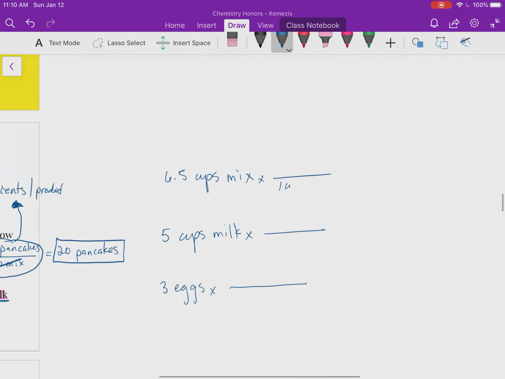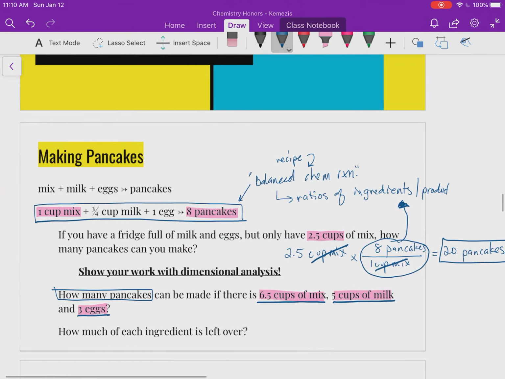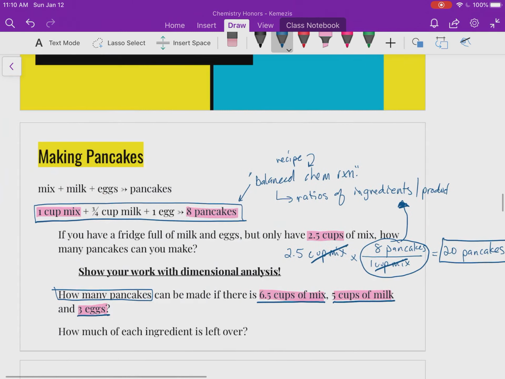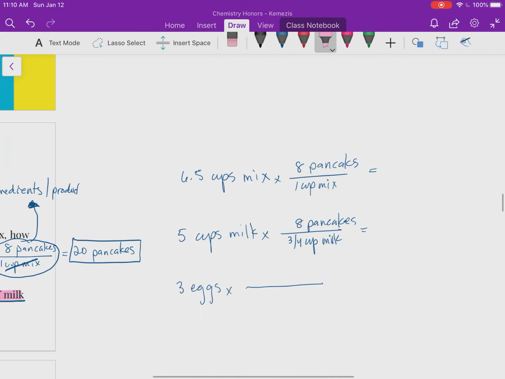Okay, so we know that for every 1 cup of mix, we can make 8 pancakes. And then it was 3/4 cup milk. We get 8 pancakes. All I'm doing is looking at the recipe and comparing the two. So before we had mix and milk and pancakes, now we have mix and milk. That's the one I just used. And then the last one we're going to do is the pancakes and eggs. So 1 egg